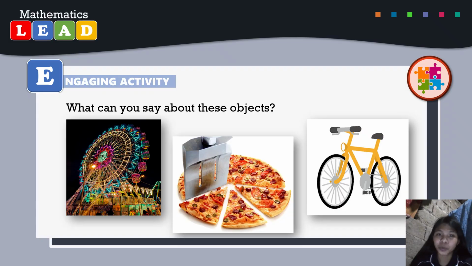Now, did you know math helps engineers design safe structures? Of course, they use math to figure out the forces at every point on the wheel, making sure it stays stable as it spins and carries people safely. Good job! Today we're going to explore different properties of circles and see how math helps solve real world problems, just like engineers do.